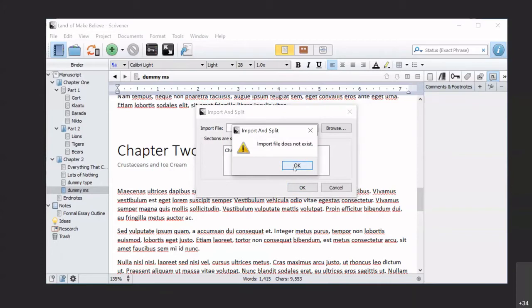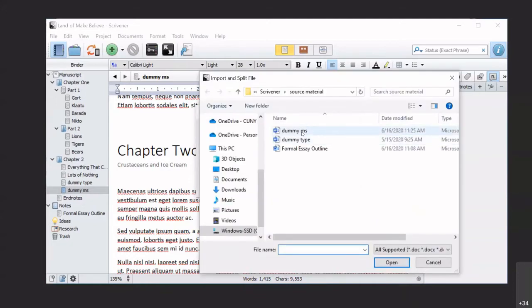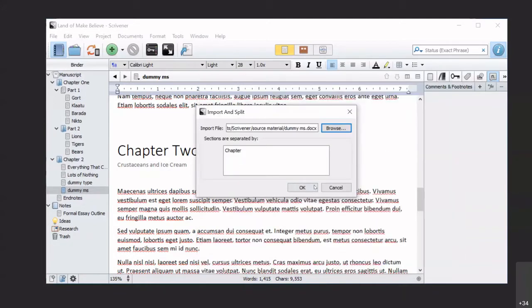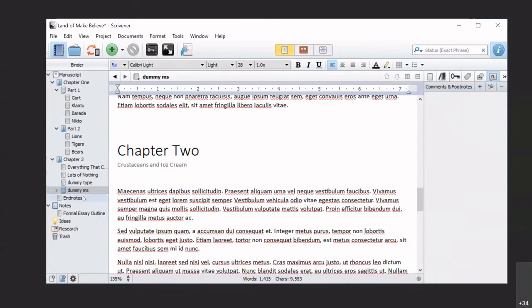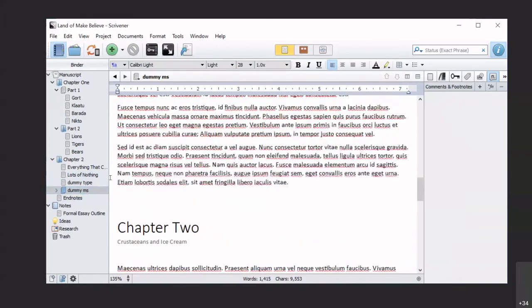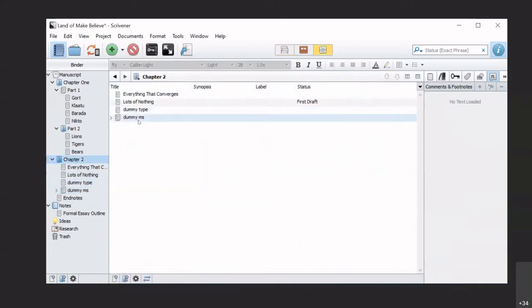Import file does not exist. What? What? Oh, I see. Yeah. There we go. Now I've imported it again, right? Or did I? Maybe I didn't. Oh, okay, it came in as a subsection of that because I had this highlighted. But now I've got chapter 1 and chapter 2 because I split it at the word chapter. I didn't need to worry about that because the whole thing is just dummy type. It's not a big deal, but